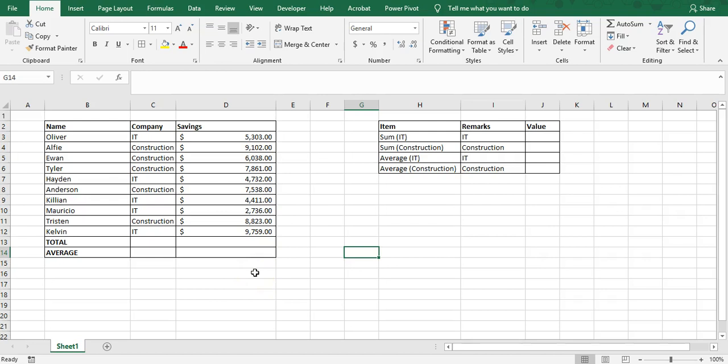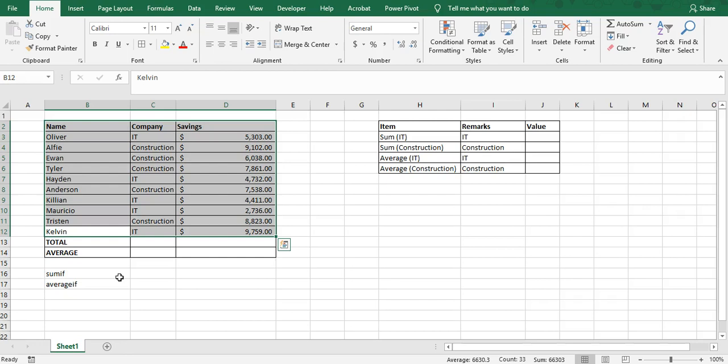Today we're going to discuss another simple function from Excel. That is Sumif and Subtotal, and how you're going to use it on your Excel spreadsheet. First, we're going to learn how to use Sumif and Averageif. These two functions, SUMIF and Averageif, are really helpful when you need to do a sum for